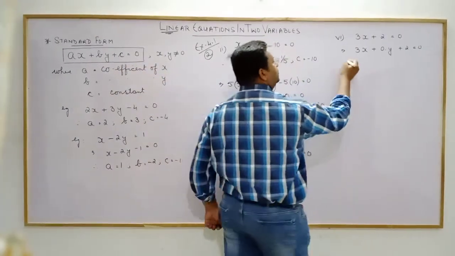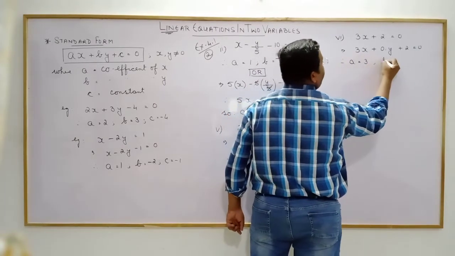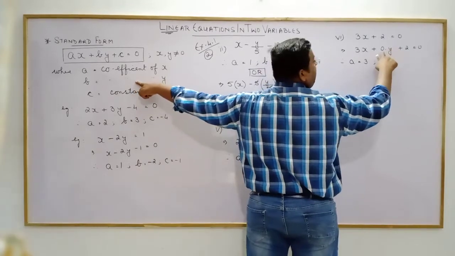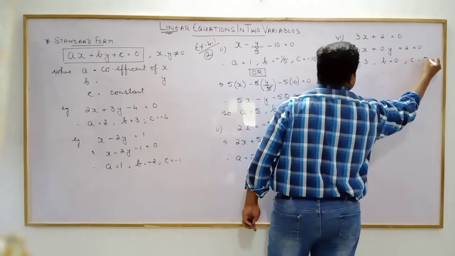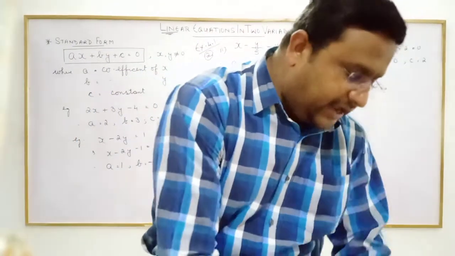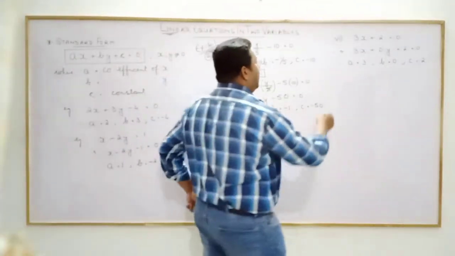So here a is equal to 3, the coefficient of x. b is equal to the coefficient of y. What is the coefficient of y? 0. There was no y. And c is equal to 2. Correct? The seventh part is also the same, dear students. For example, the seventh part,